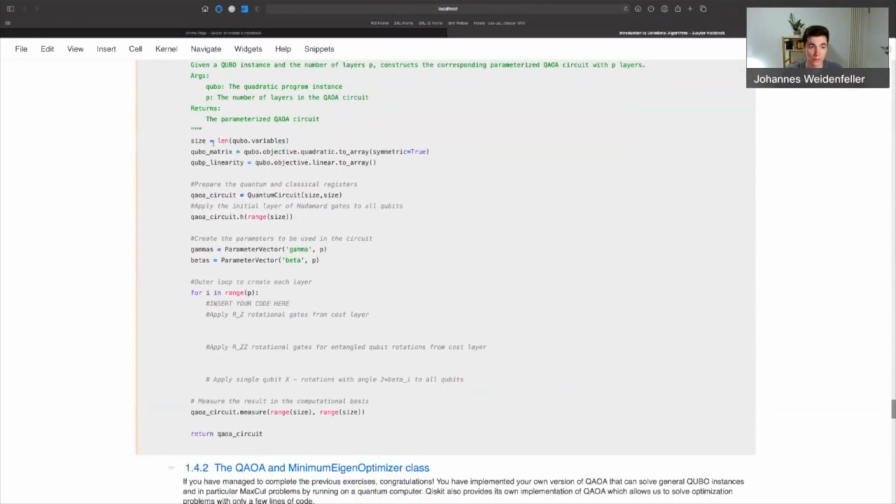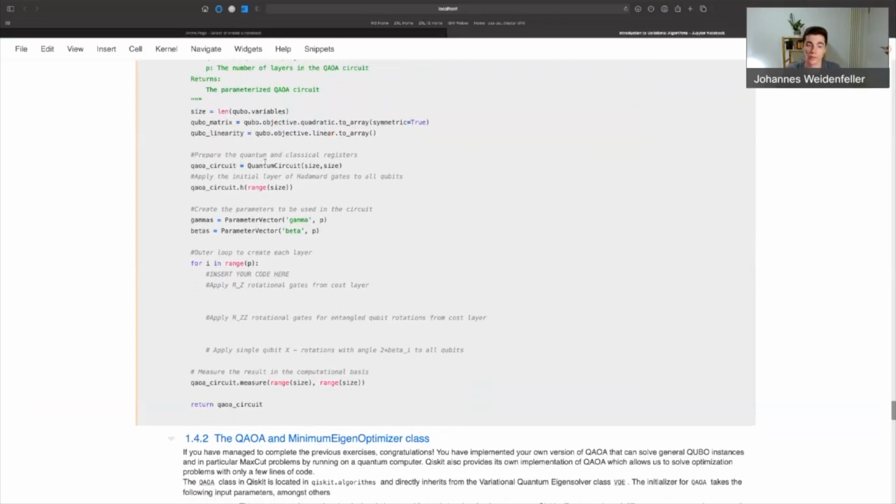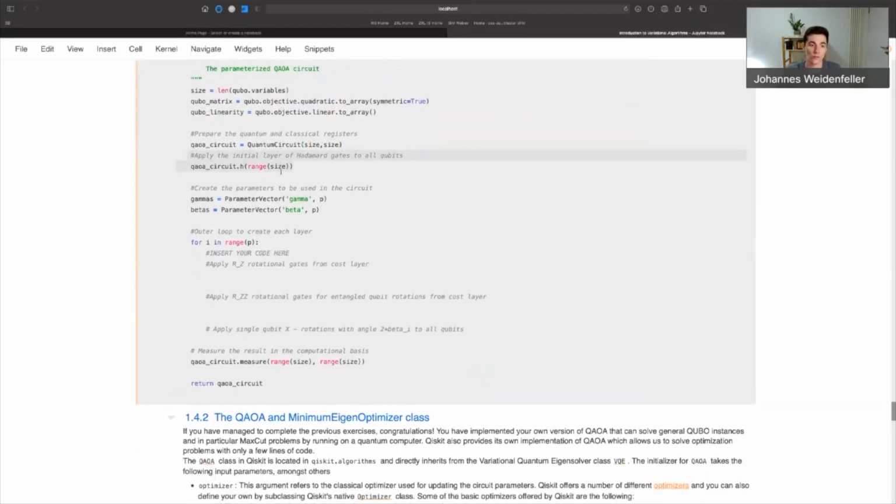Now, we begin by converting the QUBO objective, the quadratic and linear QUBO objective, to a matrix and a vector here. Then in the following, we first of all prepare the empty quantum circuit with the corresponding size, and then we already apply the initial layer of Hadamard gates to all qubits.